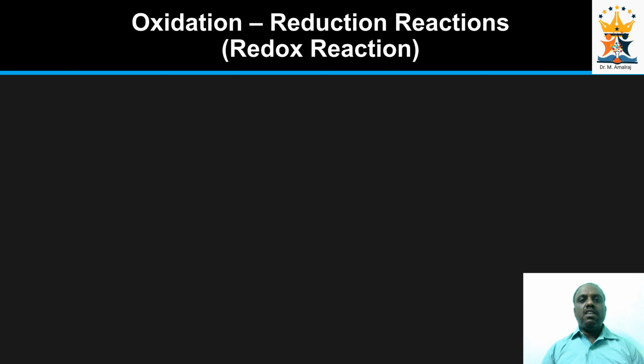Now let us learn about oxidation reduction reactions, that is, redox reactions. We discussed the definitions of oxidation and reduction separately. That doesn't mean that oxidation alone will happen in a particular reaction and reduction will happen in some other reaction. Actually, it is not so. If there is oxidation in a particular reaction, there will be a reduction also happening in that reaction, since the loss and gain of electrons are relative terms, and gain and loss of electrons happen simultaneously during the course of the reaction. Hence, it is called a redox reaction, that is, a reduction oxidation reaction.